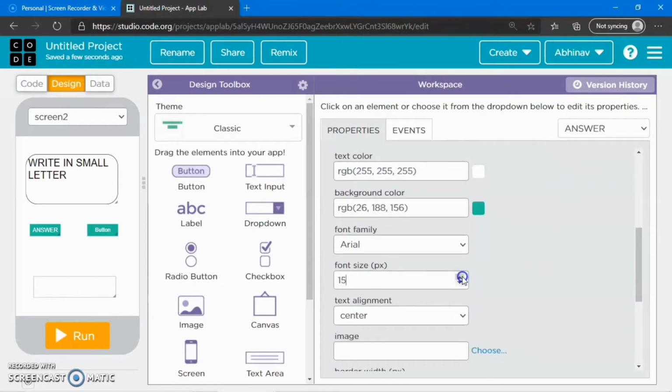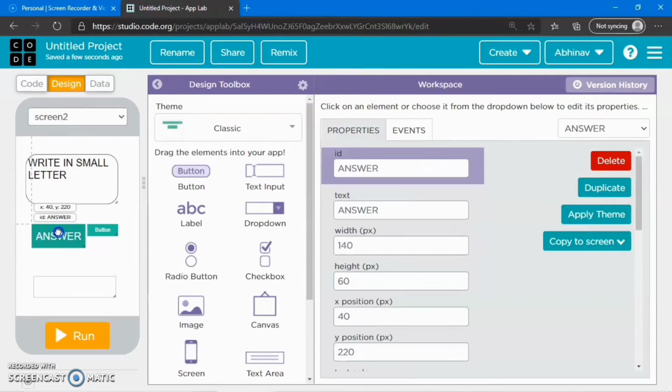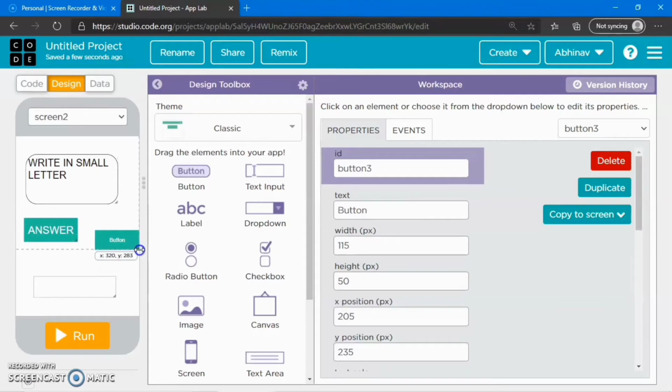Now we will increase the font size of the button and also increase the size of the button. Now this is somewhat big, we will increase the button again. Now it is proper, the button and the text also. Now we will go to the other button and put it properly, equal, like both. So now this is looking equal.